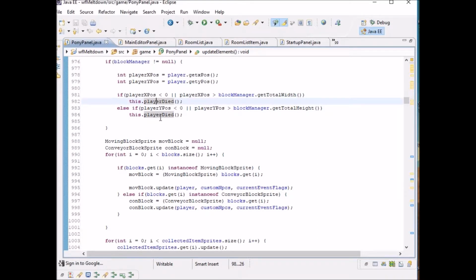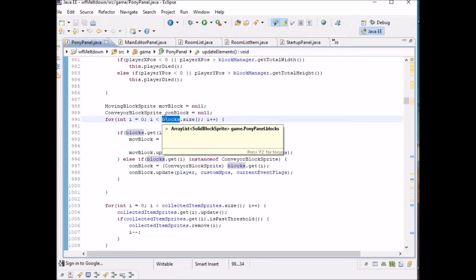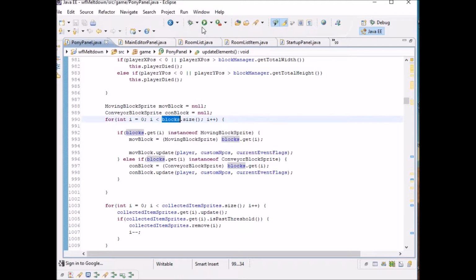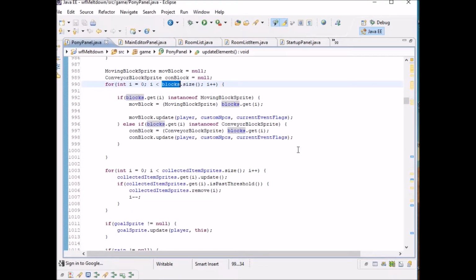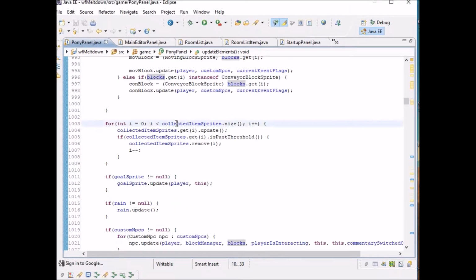After this, we iterate through all the blocks, and blocks essentially refers to rogue blocks. That's moving blocks, conveyors, and basically any block that isn't an NPC and isn't part of the tile map. Iterates through all of these and updates each one. There's no need to update rogue blocks. If those had animations attached to them, it would be necessary to update them, but they don't in this game engine, so yeah. Then we iterate through all the collected item sprites,